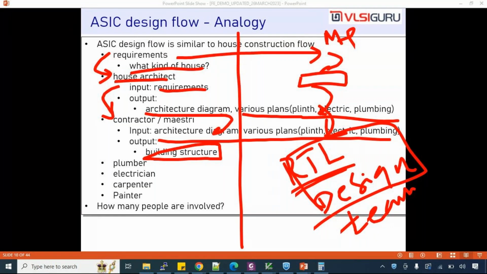Then you go to various people, right? Plumber, electrician, carpenter, painter. Finally, what you have at the end is the constructed house. Same way in VLSI also, you go through various stages